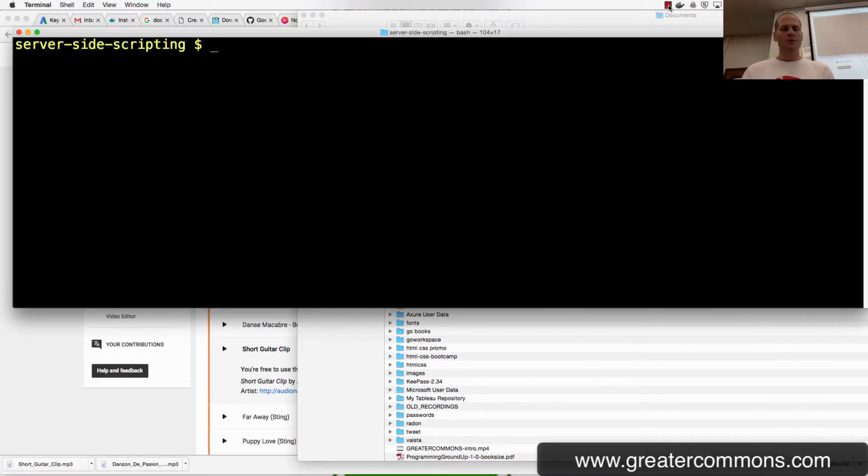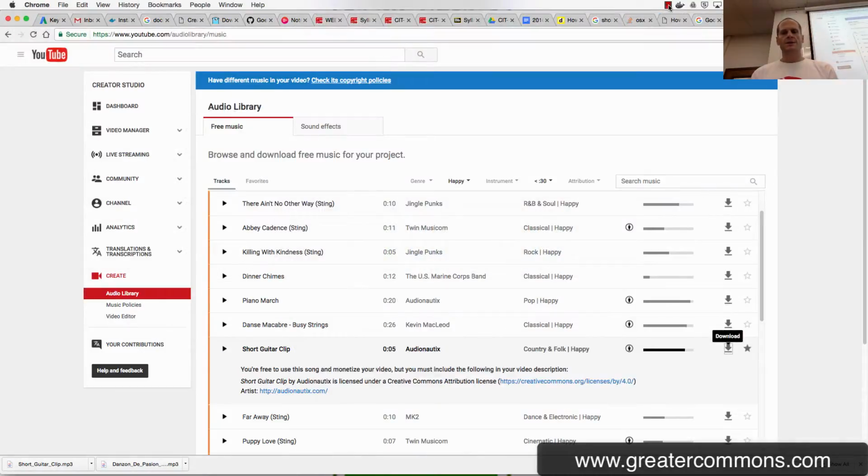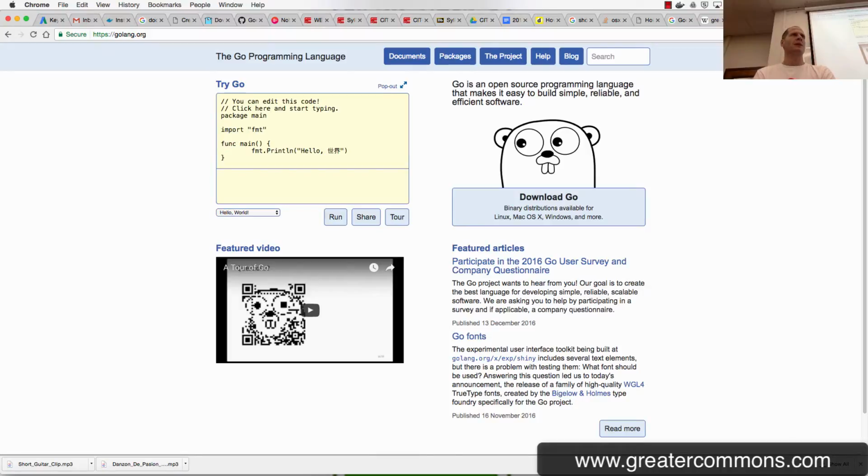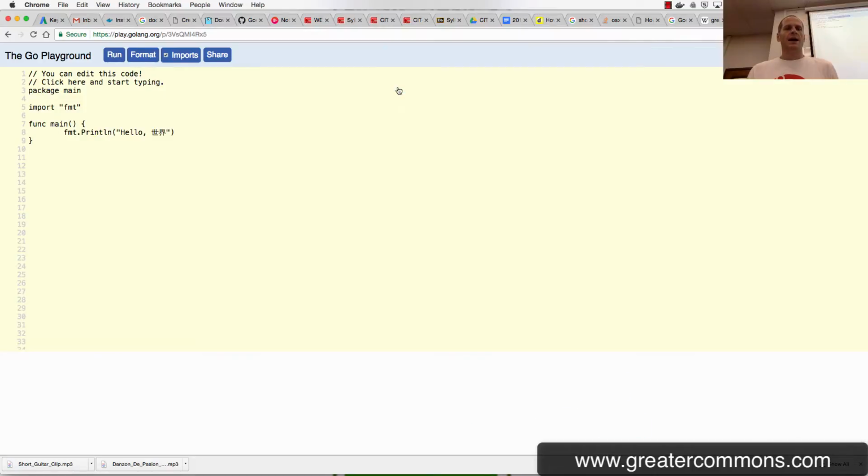To install the Go programming language, there is Golang.org. It's the official website of the Go programming language. You could come here, and you could even come over to Try Go, pop out, and that's going to take you to the Golang Playground. You could run code right here, and it's going to show you the results right down here. Hello. And it printed out UTF-8 characters,